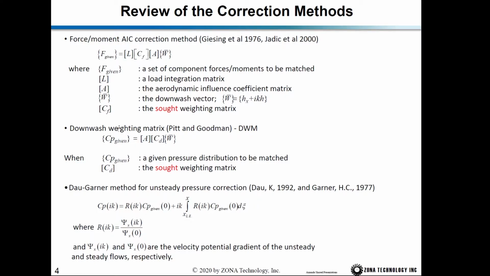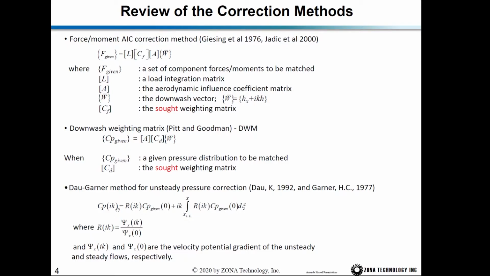So the CP given is a given pressure distribution as a constraint function, and then we want to calculate CD so that the AIC times CD times the downwash vector will match the given CP. So A times CD is called the corrected AIC. And the Dongano method for unsteady pressure is